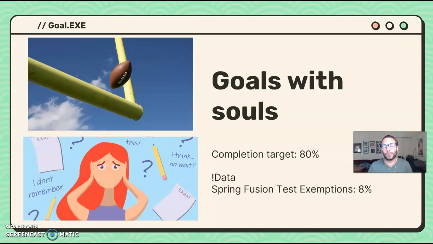That being said, I don't want to set these goals about testing aimlessly. We want to make sure that we're acknowledging that some kids do have really deep testing anxiety. They do have a crippling school refusal issue that just means that going through a process like this is going to cause more harm than good. And that's the reason why we have a completion target of 80%, right? We're not expecting every single kid to come through and be able to tackle this test. And so, as such, 4 out of 5 kids is the goal that we're basically setting here.